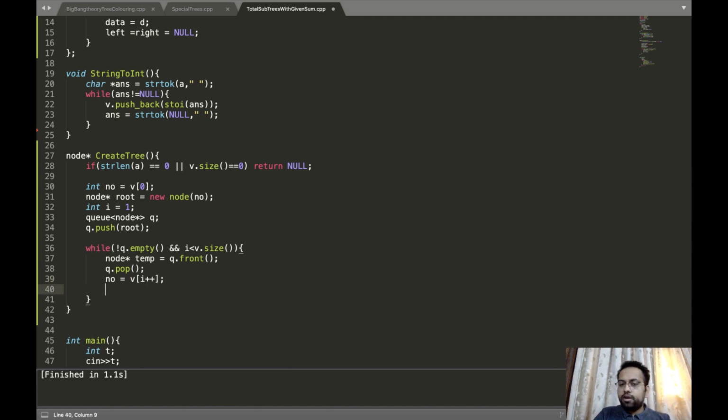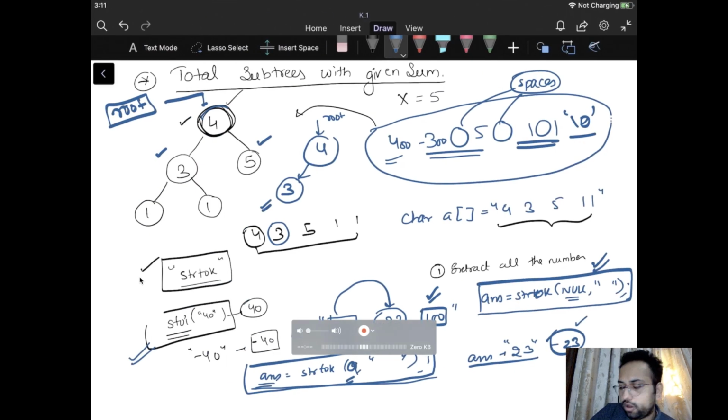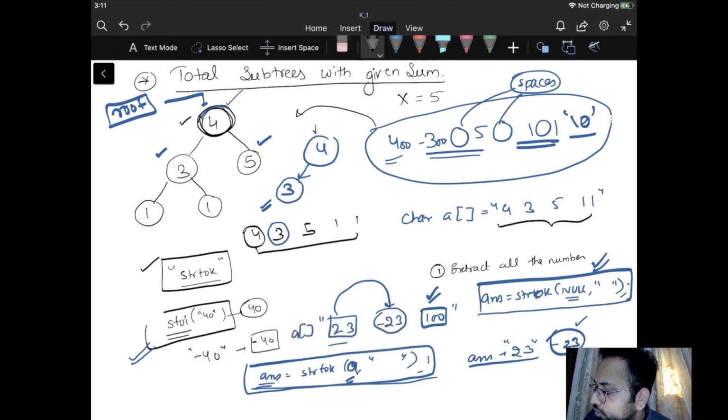So this number is going to be the node now. I'll make the left of this temp, which we have fetched from the queue, the pointer temp pointing to this node. I'll attach the left child of this temp node as the 3.